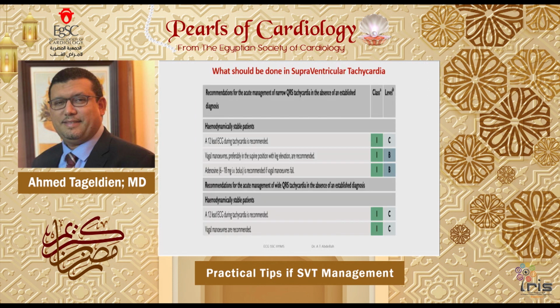What should be done in supraventricular tachycardia? According to the guidelines, a 12-lead ECG is very important. Vagal maneuvers, preferably in supine position with leg elevation, are recommended. Adenosine from 6 to 18 milligrams IV bolus is recommended if vagal maneuvers fail. In acute management of wide QRS complex tachycardia in the absence of an established diagnosis, again a 12-lead ECG and vagal maneuvers